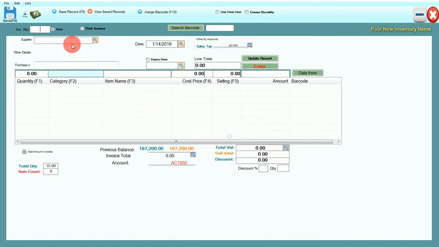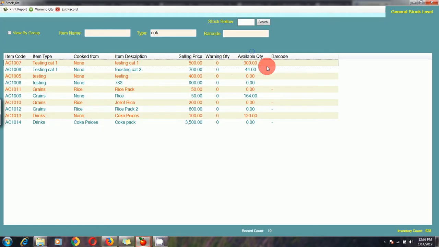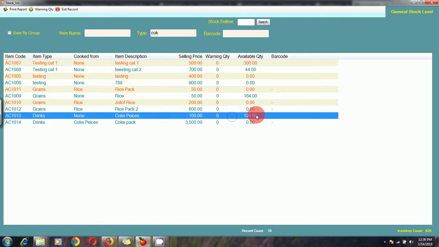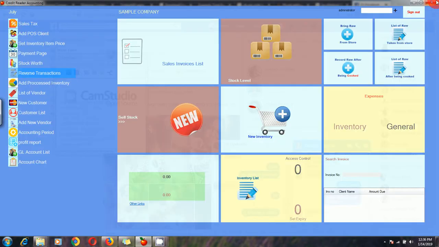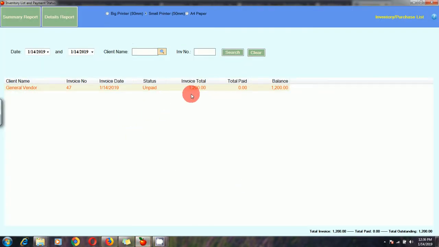Please note, don't always use this one. This is to save record. This is the real post that you're supposed to use, this particular one here. So when I'm done, I can close this. If I check my stock level now, you can see that it has increased to 120 because we added 15 to the initial 105. So if I go to my inventory list, you can see that I have the invoice here,